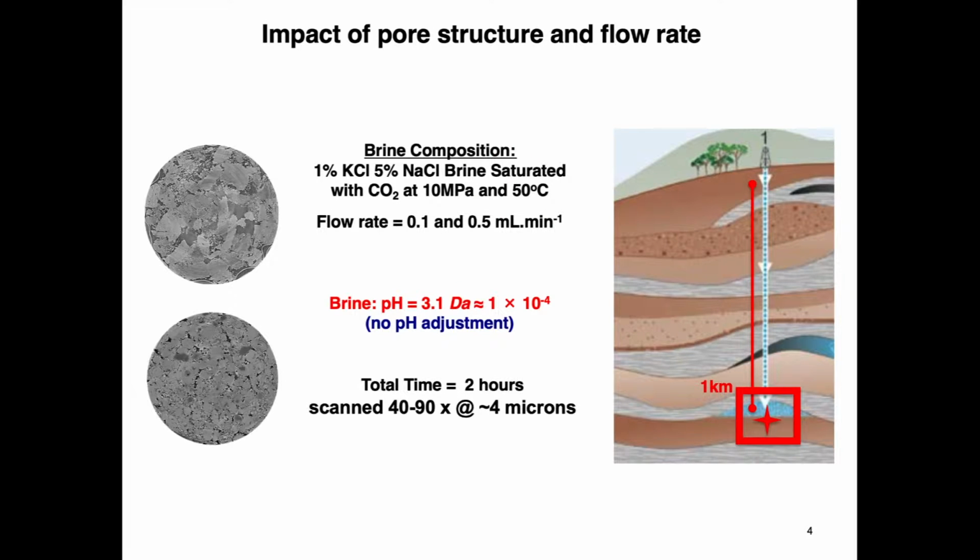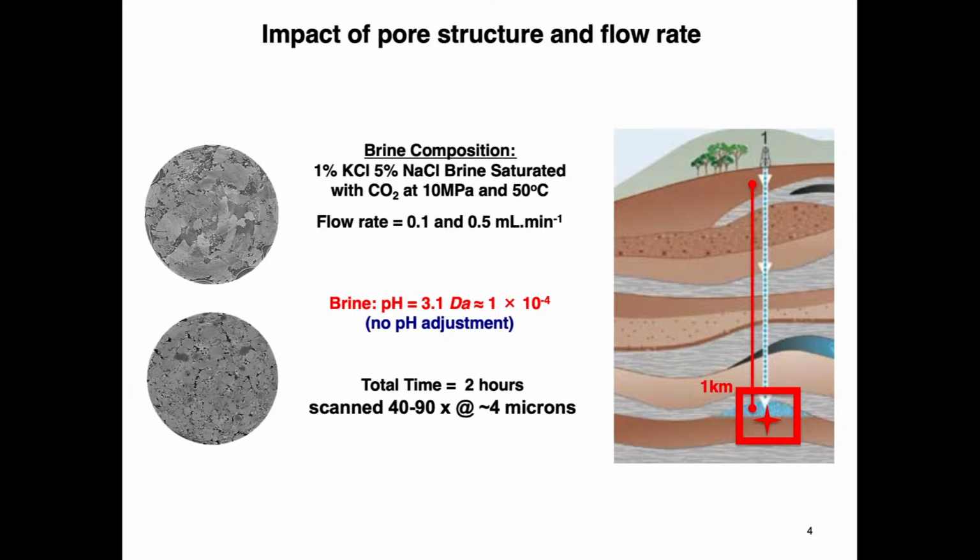We chose two different limestone carbonates, both with a heterogeneous pore structure, and two different flow rates. The flow rates were both relatively fast to encourage fully mixed fluids in the pore space, and we used the highest reaction rate possible under these high temperature and pressure conditions by equilibrating our brine with CO2 at 50 degrees centigrade and 100 bar, with no added buffers, which works out to be a pH of 3.1. We then pumped this fluid through each of our 4 rock samples for 2 hours and took between 40 and